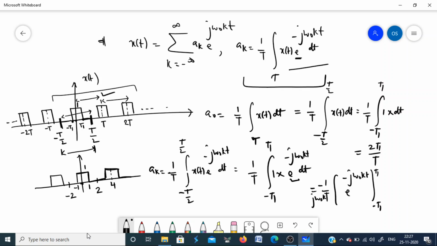Okay, so if you apply the upper and the lower limits here, you will get minus 1 upon j omega naught kt. Upper limit is plus t1, it will become minus e raised to power j omega naught k t1, minus e raised to power minus j omega naught k t1. In the lower limit it will become plus, because it is already minus t1 here, so minus into minus becomes plus. Okay, so I can write this equation as,